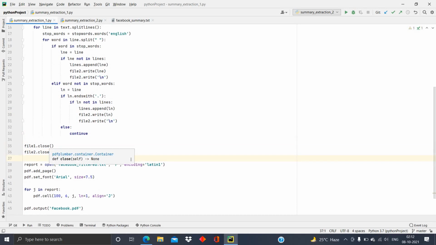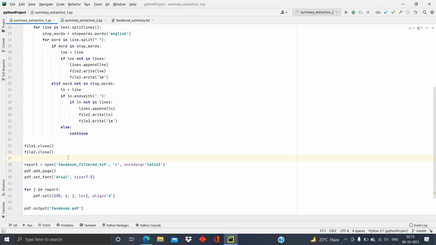Till now we extracted the text, but this is not the exact summary. So we have to do some more processing. For that purpose, a text file is not the correct thing, because in the text file we cannot split the text as we require, and we cannot search and extract a particular sentence separately.